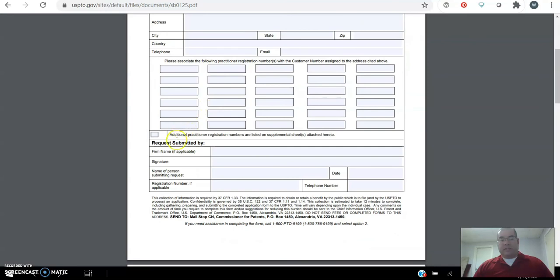Then some more information about you. Some terms you might find while you're filling out these forms, you might see a term called pro se. Pro se means someone who's filing their own application without legal representation. So whenever you see the pro se, they're referring to you, the individual inventor who's filing. You're going to sign the form,